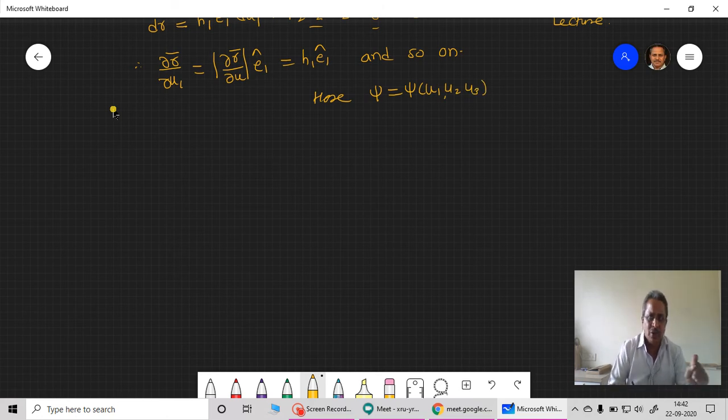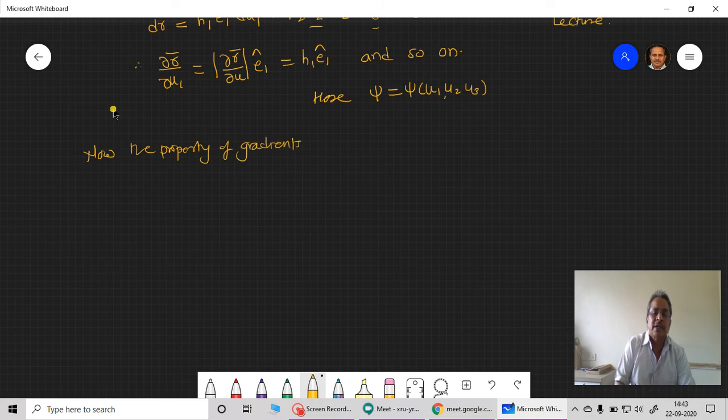Now there is one more very important property of this type of gradients. If you remember, whether you remember or not from SYBSc, it's a big question, but I am sure you might not be remembering this. Now I'll just discuss in brief. Before that let's write this, the property of gradient. Those who attended my lectures last year in the SYBSc mathematical methods of physics, I have spent at least 2 lectures over this.